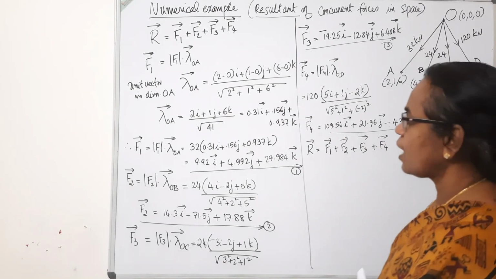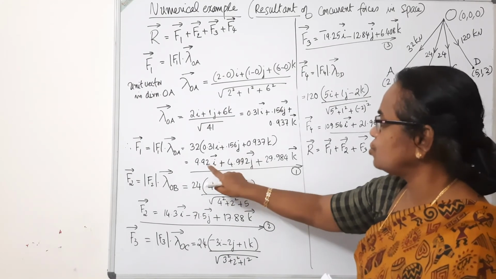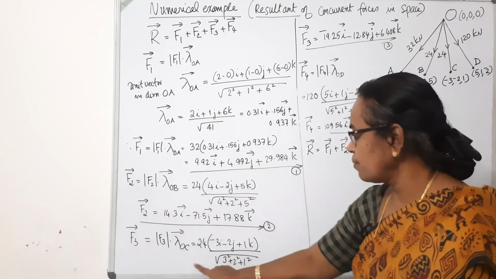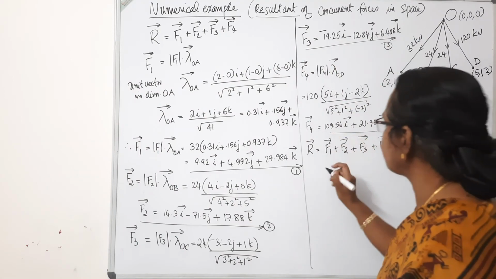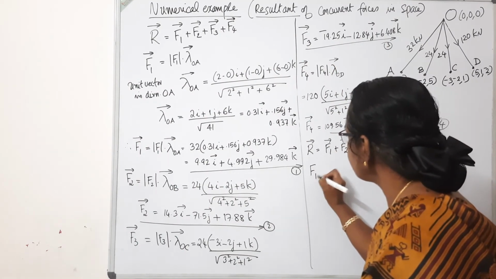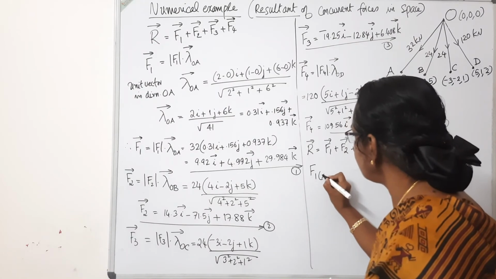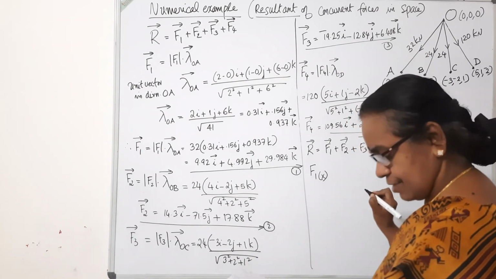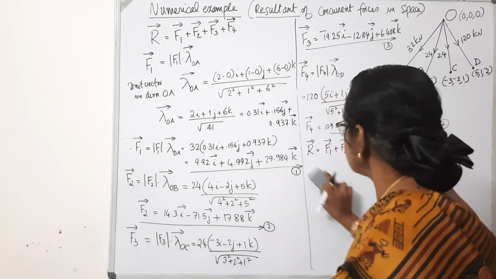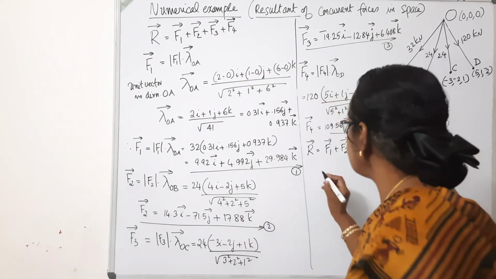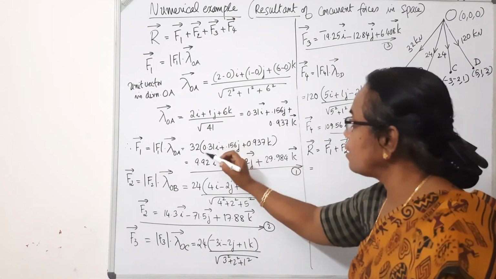So group the terms, the i terms: 9.92, 14.3, 19.25, 109.56. Combining the i terms together,